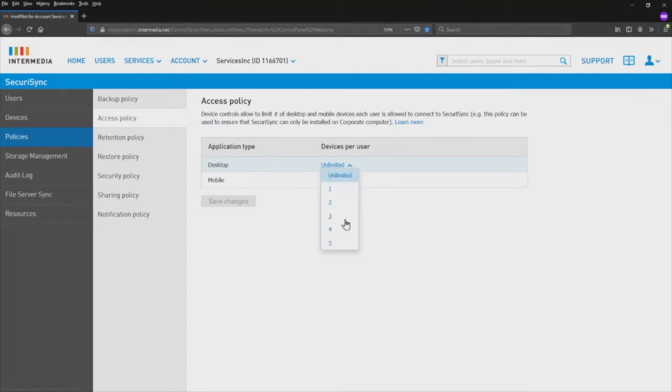What the product team has done is now allowed you as an administrator to set the number of devices that someone would use, and particularly now, as people are working remotely or from home, however that's defined, you may want to set these type of parameters, or the customer may want to set these type of parameters, and that's certainly an option. And what happens is as you set that,